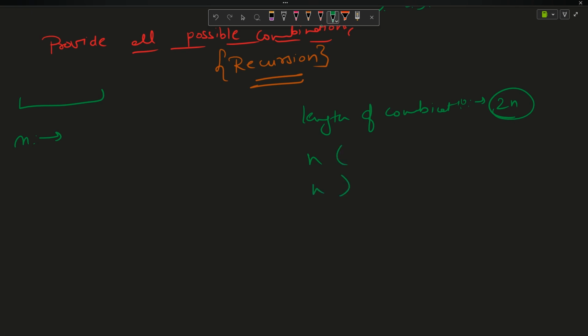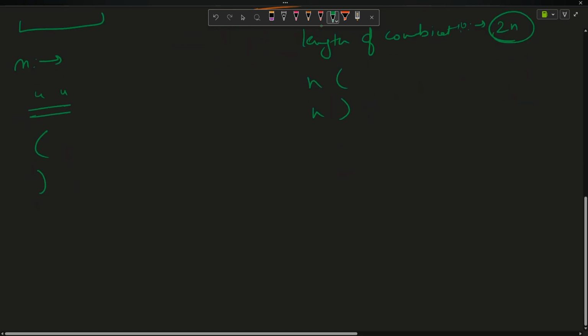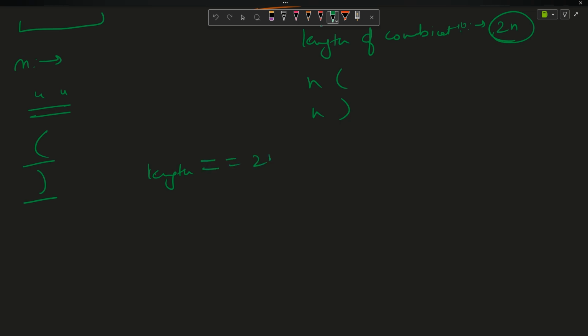So what will I do? I will make an empty string, and I will start putting characters. At any operation, I can put an opening bracket or a closing bracket. At any operation, I can either put this or this. And whenever the length of my current string becomes equal to 2n, in that case I will check my string, and if that is a valid string,